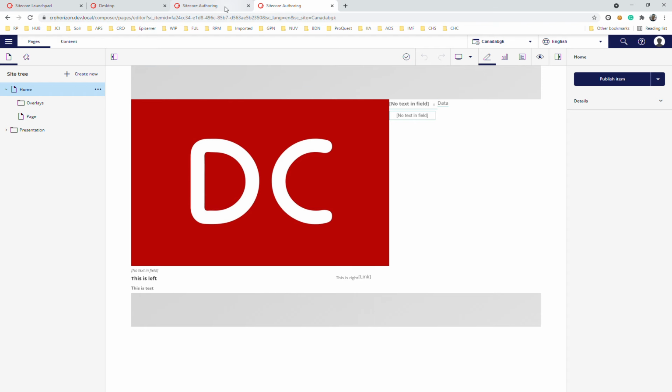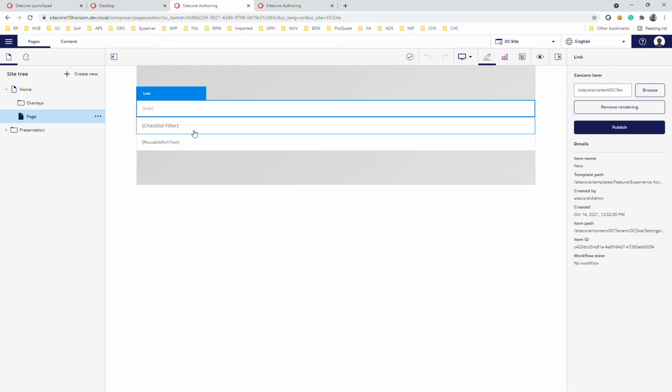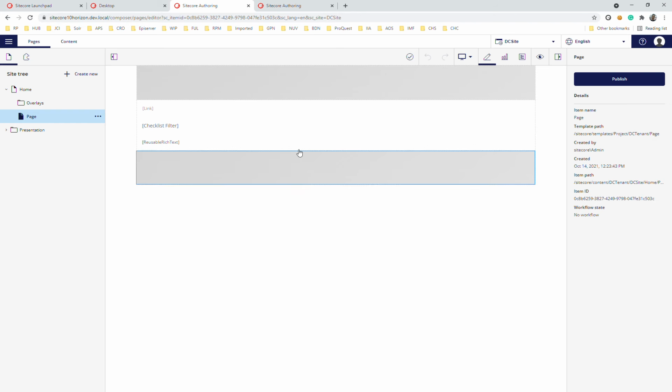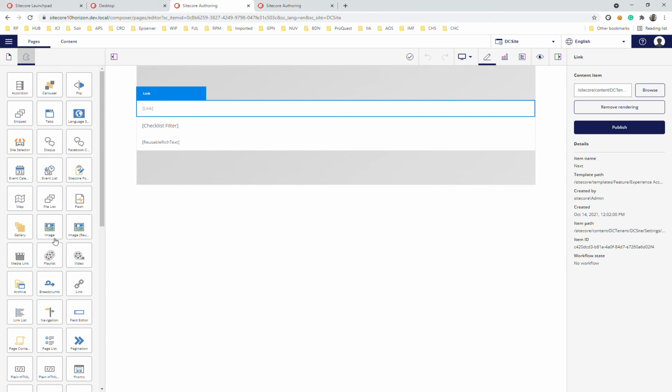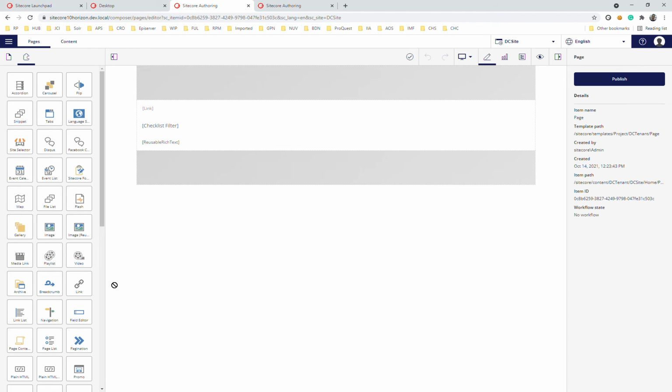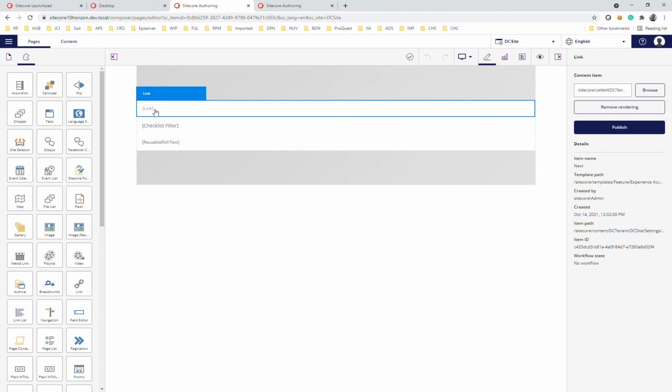If I go to the checklist in the 10 version, I don't have any functionality to edit the fields for the particular rendered data source. So this is a new improvement. The next new feature is that you can now create and edit a data source item. I have added a rendering from here. You can drag and drop any rendering from the left and put it on the top like this one. After drag and drop, you provide a data source to the particular rendering.